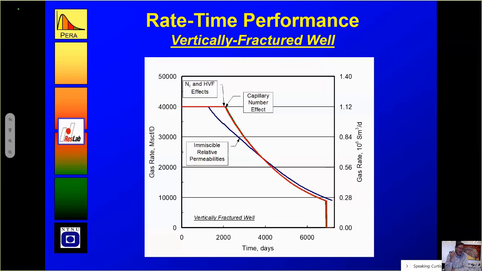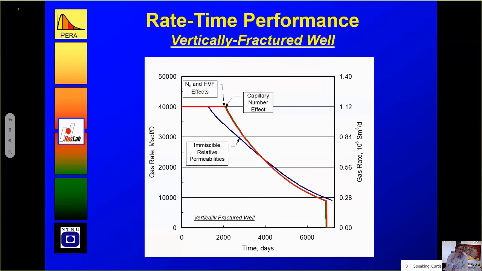It's dependent on the CGR and the flowing bottom hole pressure. So that doesn't change. So the level of KRG is the same for radial and vertically fractured wells, forgetting the capillary number dependence. The KRG level is the same, but